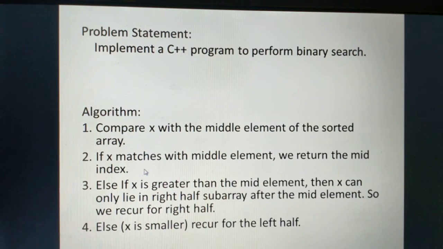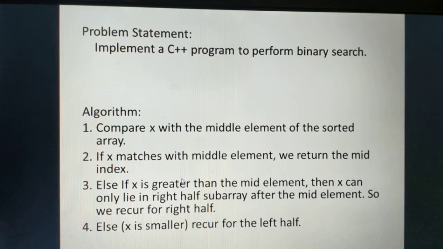Else if x, that is your item, is greater than the mid item, then x will only lie in the right half of the subarray, because it is an ascending array. If the item you want to search is greater than the mid element, it will of course lie in the right half,